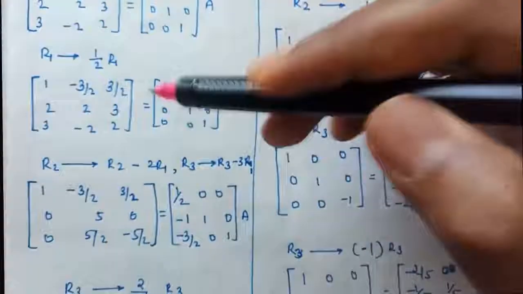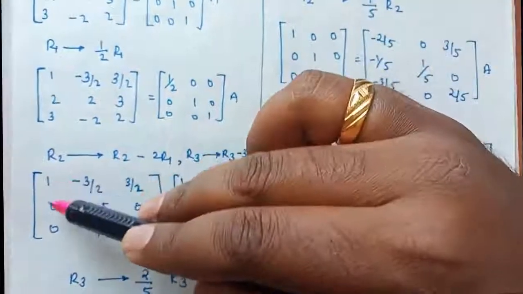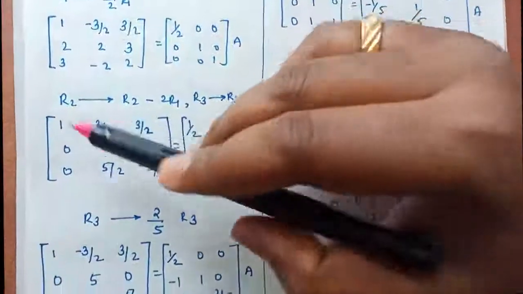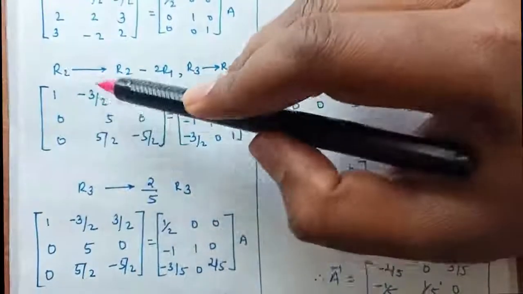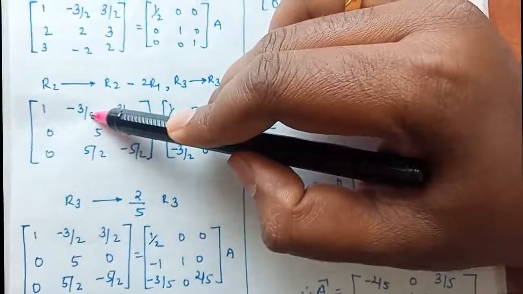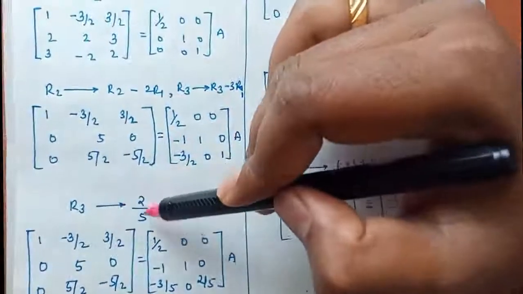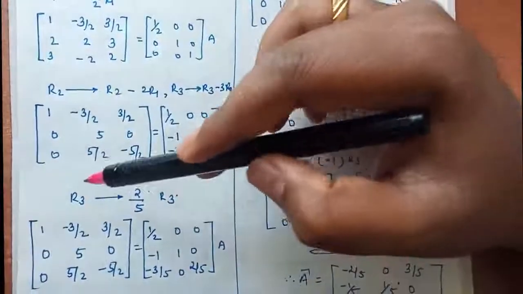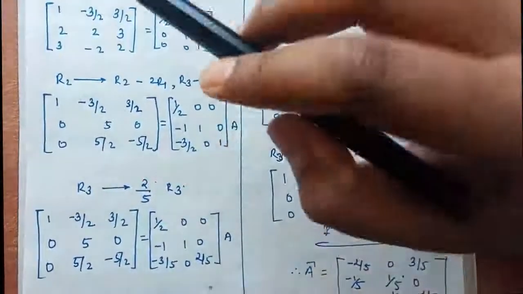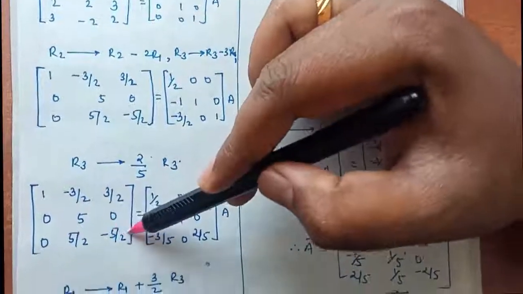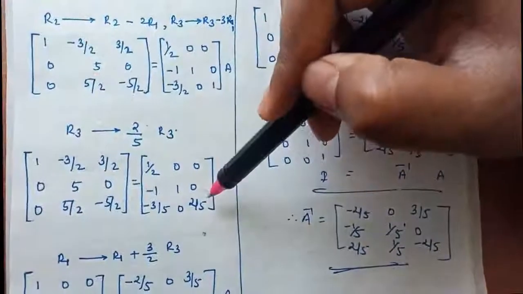So similarly, do the elementary transformation. So I will get 1, 0, 0. Similarly, you can do it here also. Next, 1, 0, 0, I got it. Next, I want 0 here, 0, 1 and 0. So I want 0 here. How will I get 0? So R3 changes to 2 by 5 R3. If I did R3 changes to 2 by 5 R3, that means multiply R3 by 2 by 5. If I multiply the R3 with the 2 by 5, so I will get 5 by 2 minus 5 by 2 here. Similarly, same thing we will do it here.